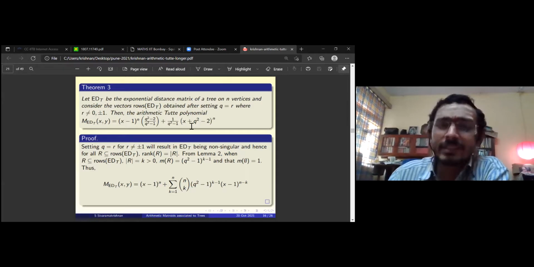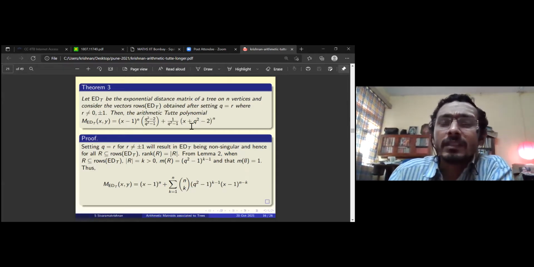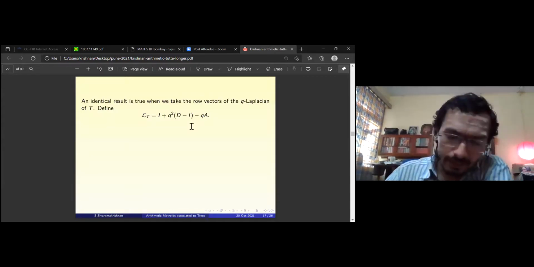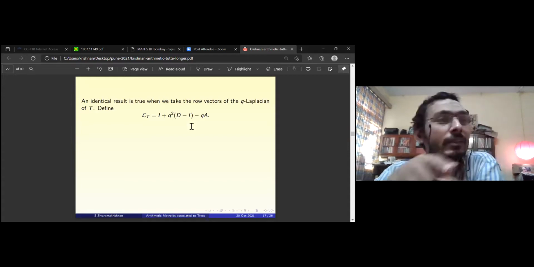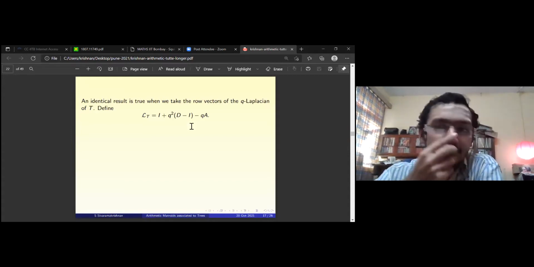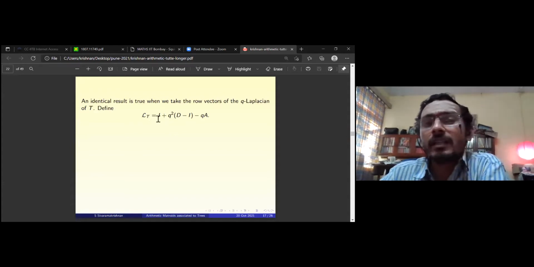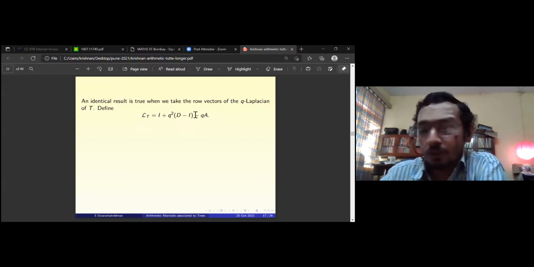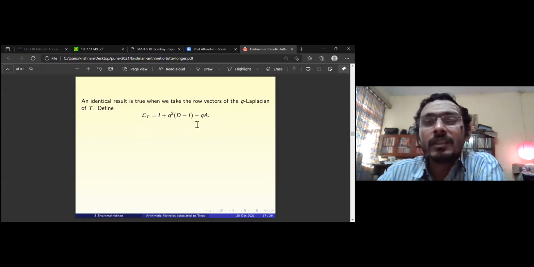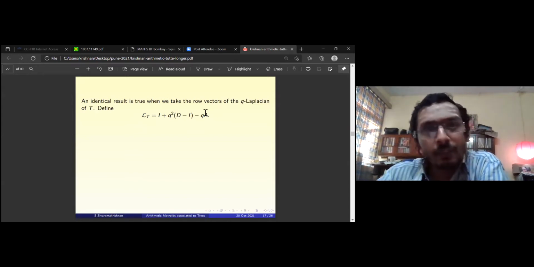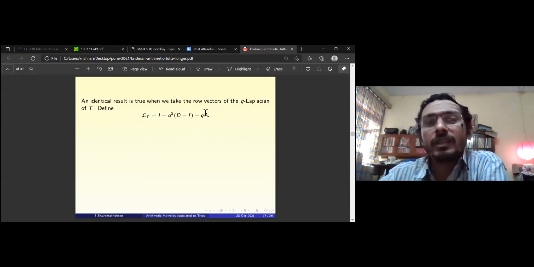So this tells you this. Now I'll come up with another similar matrix. This also I had mentioned in the previous lecture. This is the Q Laplacian. By definition it is I plus Q squared into D minus I minus Q times the adjacency matrix. So this is a concrete matrix. Its determinant, up to some scalar value, is equal to the Ihara-Selberg theta function of the graph. That is also known.